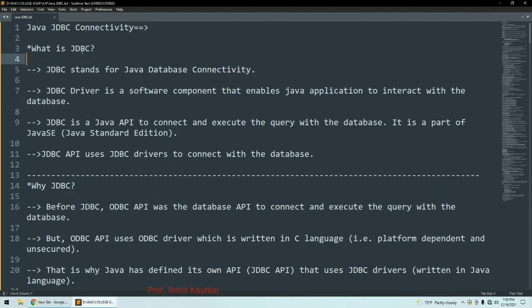API stands for Application Programming Interface, which allows us to connect our Java program and execute different queries on a database. This JDBC is a part of Java Standard Edition, and the JDBC API uses JDBC drivers for establishing connection with a database.